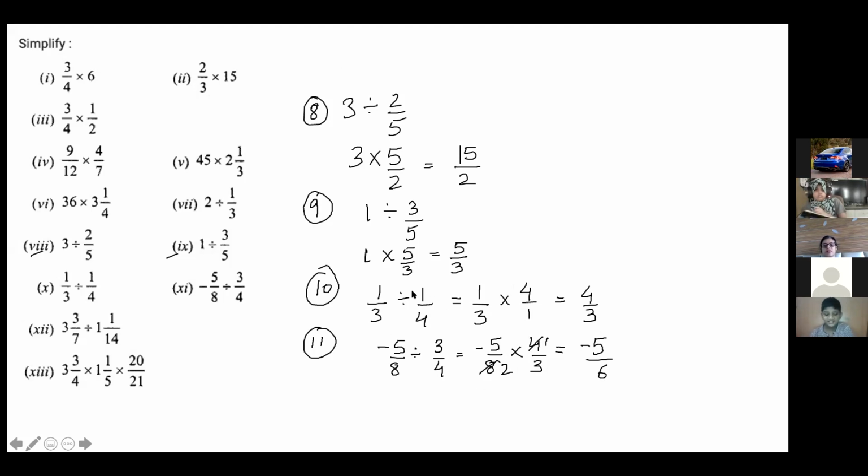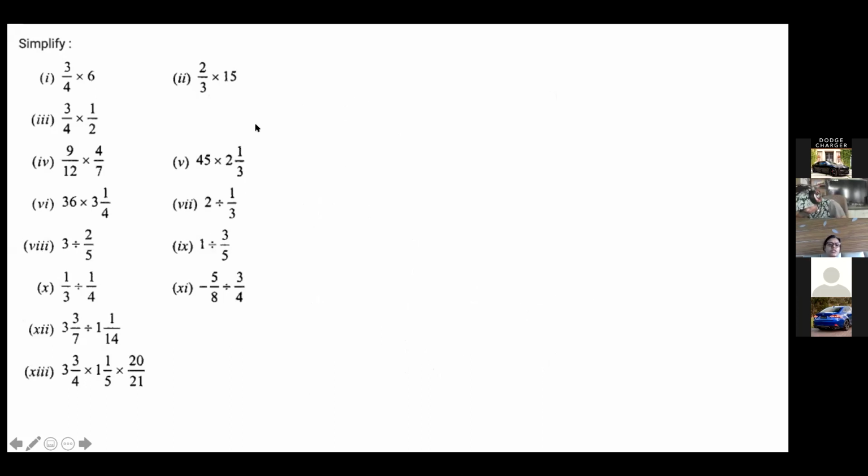Ma'am, I didn't understand the 11th one. Anas, why were you late in the class? See, minus 1 is minus, so minus divided by a plus is minus. So the answer is this. Rest everything is same. See, if you're late in the class, how many times will I explain? I already explained it twice. Now I am erasing it. Do the next question. Now, Anas, pay attention to how I am doing the next question.